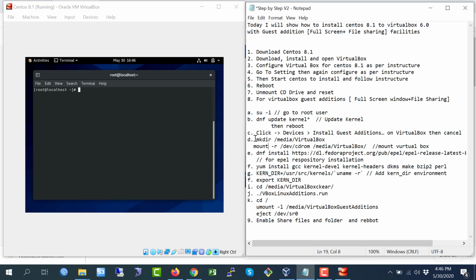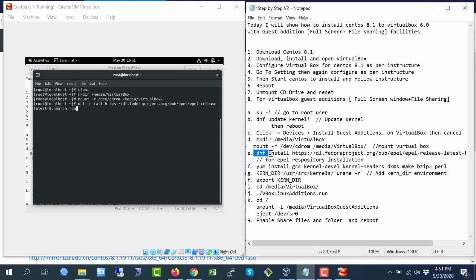Now I'm going to step number D. Right here, mkdir /media/VirtualBox. And mount this one: mount -r /dev/cdrom /media/VirtualBox.